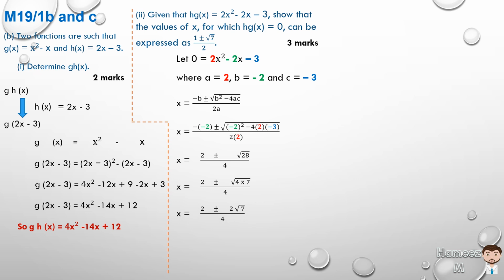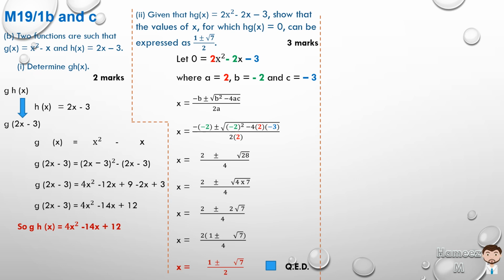because the square root of 4 is equal to 2. And if we factorize out the 2 on the numerator, we're going to get 2 by 1 plus or minus the root of 7 all over 4. And they're going to cancel out. So we'll be left with 1 plus or minus the root of 7 all over 2, which is what we needed to prove. So we can bring up a square or write QED to show that we have completed the